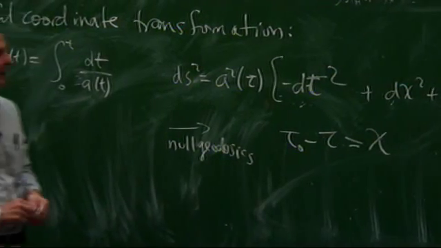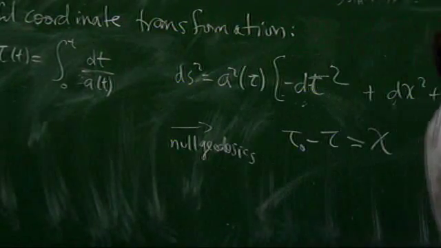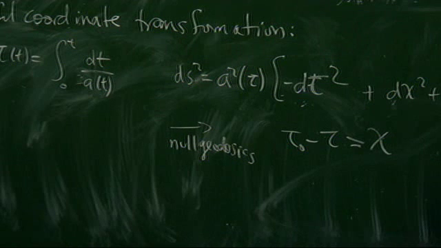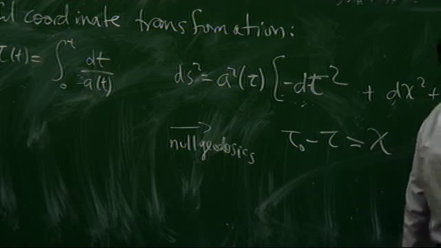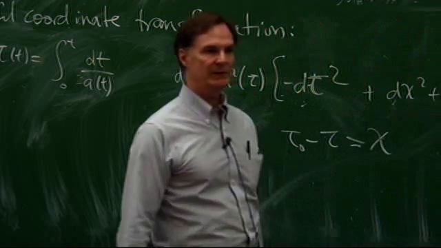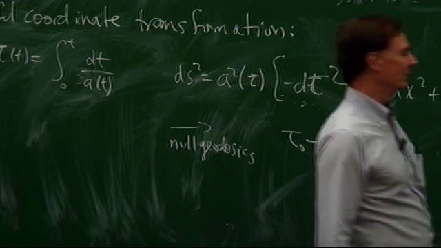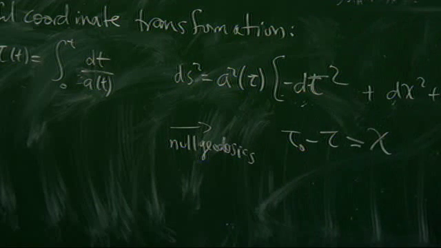Very, very simple. And that means if you want to know about things like event horizons or particle horizons, you make a space-time plot, pretend that this is Minkowski, and all you need to know is that co-moving observers